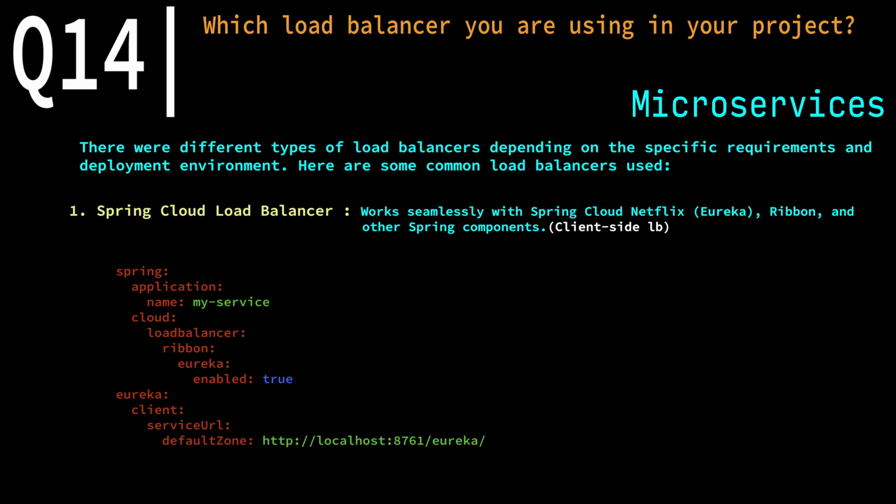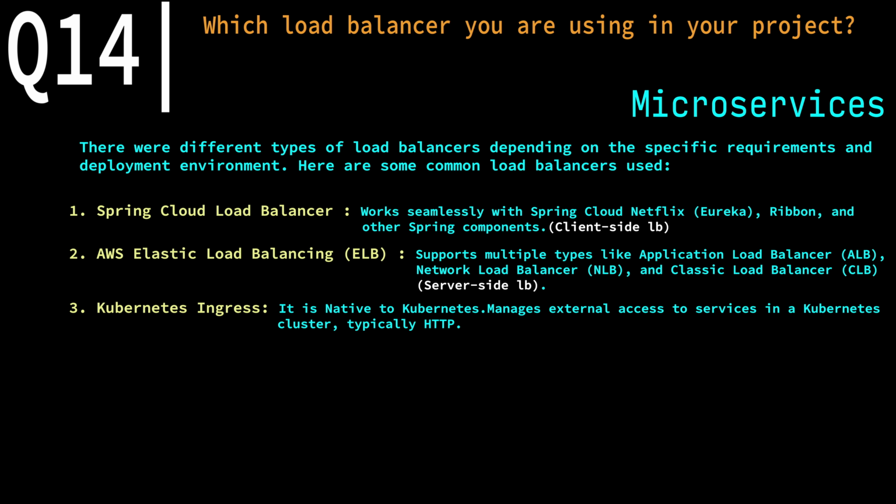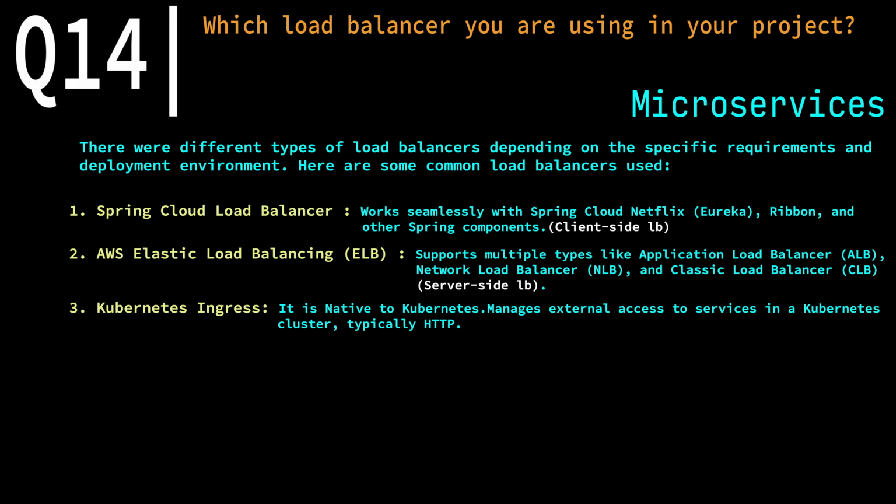You can go through it. If you are using Kubernetes, it also provides a native load balancer called Ingress. You can explore that also. Or else if you have an AWS environment, it supports Elastic Load Balancing, ELB. This ELB has multiple types like Application Load Balancer and Network Load Balancer, and one more called Classic Load Balancer. Basically these LBs are of two types: software load balancing or hardware load balancing. Okay, it's also a huge topic and you can explore that.